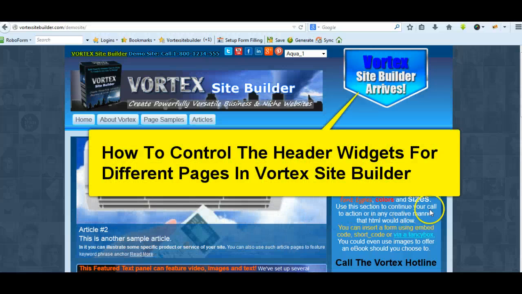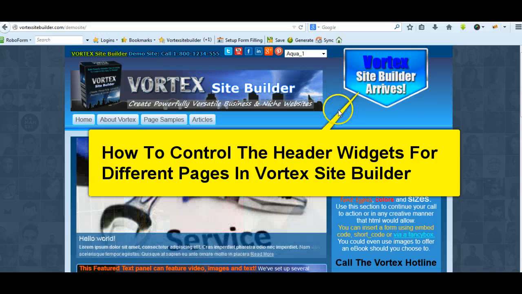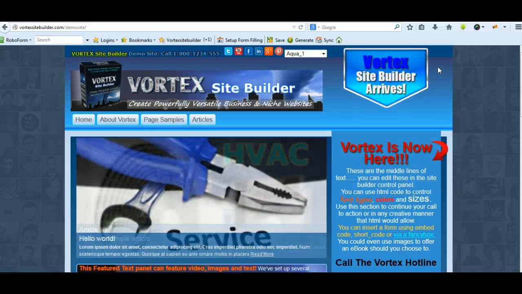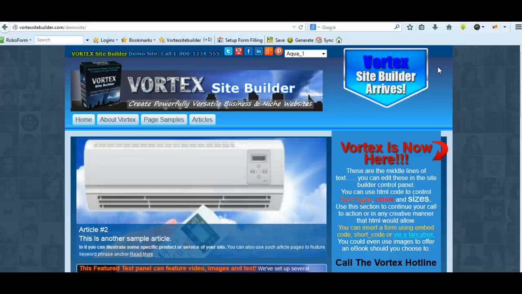Okay, in this video I'm going to show you how to control the header widget area in Vortex Site Builder. That's this section on the right hand side of the header, often referred to as the call to action box. And in Vortex Site Builder we have numerous options where you can change the header widget depending on the page